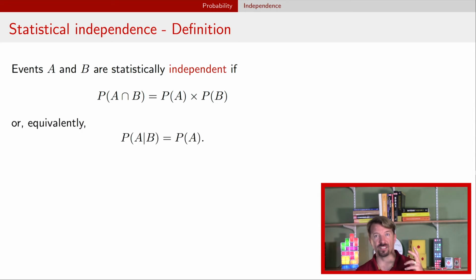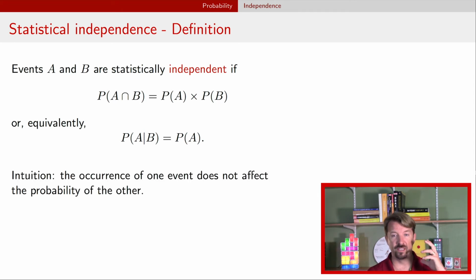Another way to think about this, and we can use the definition of conditional probability to get to this answer, is to find the conditional probability of one event given another. In this case, the probability of an event A given an event B. And it turns out that if the two are independent, then this is just the probability of A. And so intuitively, the occurrence of one event doesn't change the probability of the other event, right? And it's also true that the non-occurrence of one event doesn't affect the probability of the other